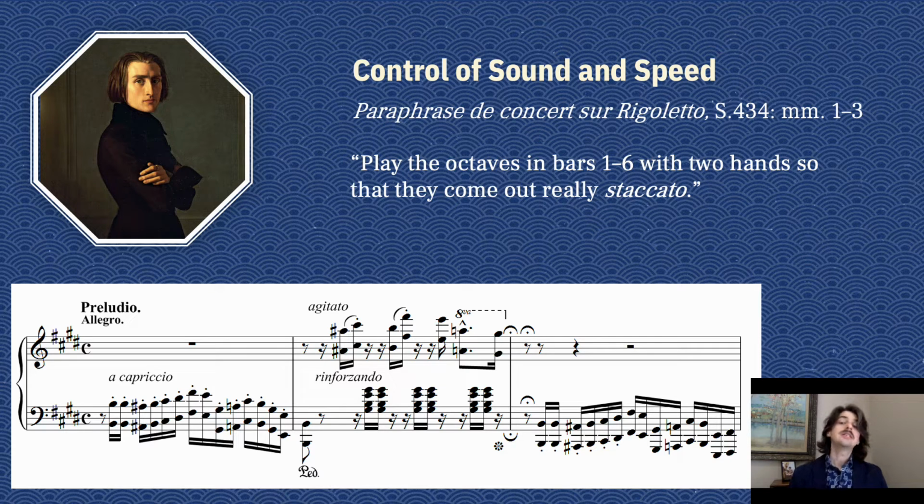In these 2 instances, the greatest technician of the age suggests that dividing octave passages between the hands, what some might construe as mere facilitation, can help achieve musical goals, like maximizing power and ensuring crisp articulation. Liszt presents these alternative fingerings as valuable tools for artistry, rather than cheap tricks or cheats.